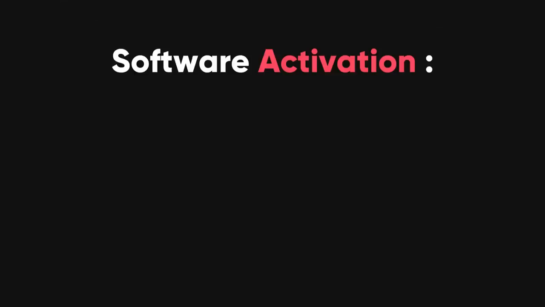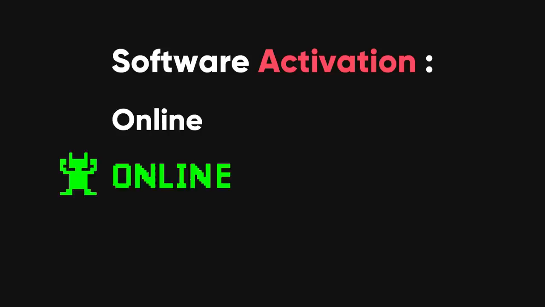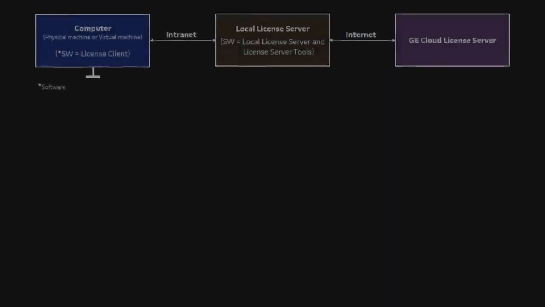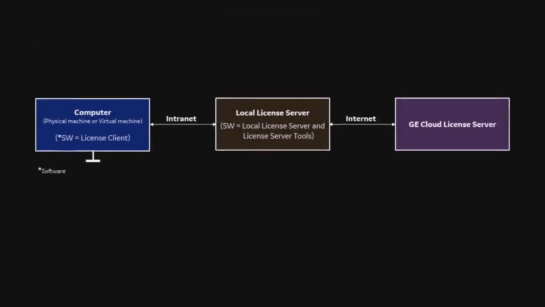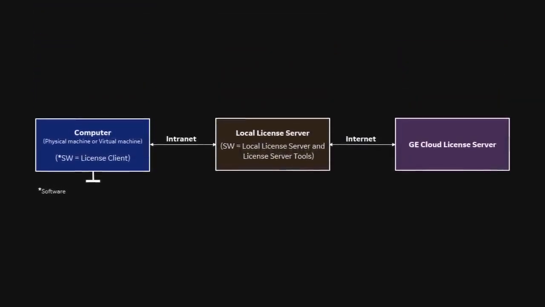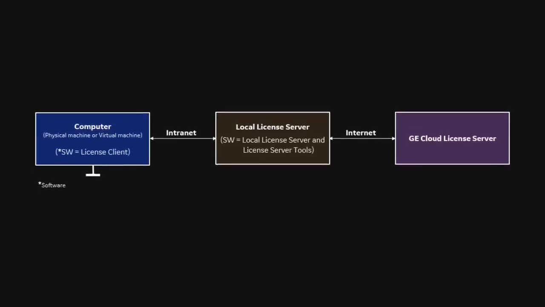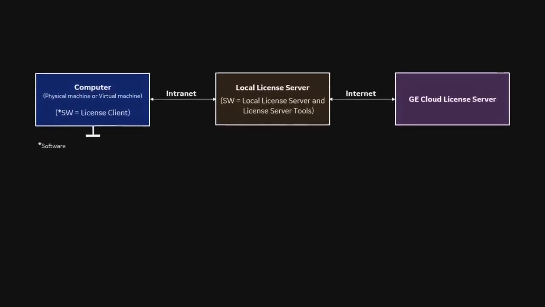register. Software activation checks come in two flavors, online and offline. Online checks are the nosy ones. They verify your ownership by chatting with a server somewhere out in the cloud. You type in your key, and the software sends it off along with the unique identifier of your machine. The server checks its list, and if your key is legit, it sends back a thumbs up, and your software